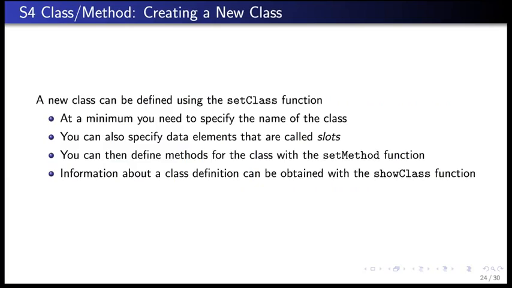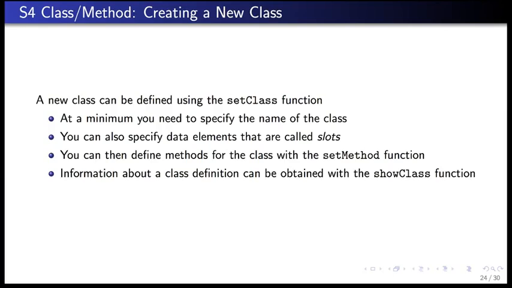A new class can be defined using the setClass function. So now I'm going to talk about S4 classes and methods, and the way you define a new class is with setClass. The key difference between S4 and S3 is that in S3 there's no way to define a class. Objects don't have definitions. So for example, for the numeric class, there's no definition for that. It just implicitly exists. So it gets a little bit tricky because you don't exactly know what the definitions of these data types are. But under the S4 system, you have an explicit definition for every class of data, and they are defined using